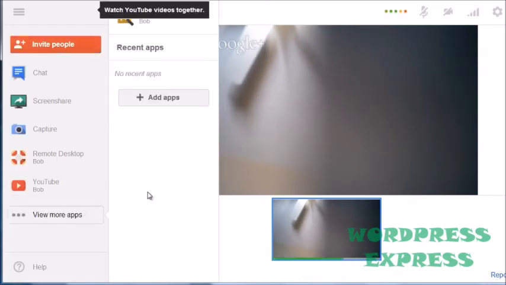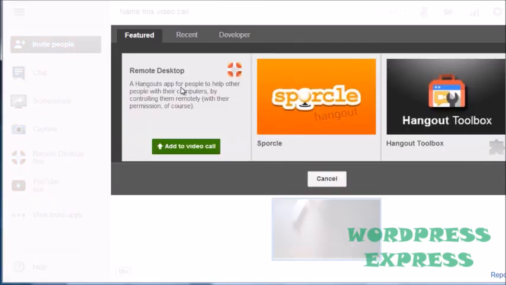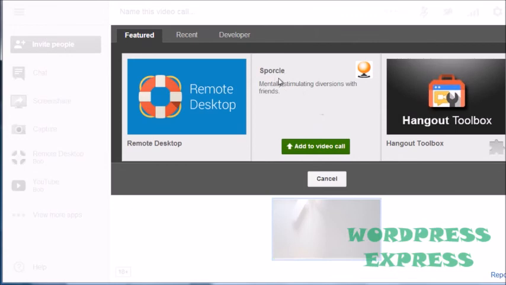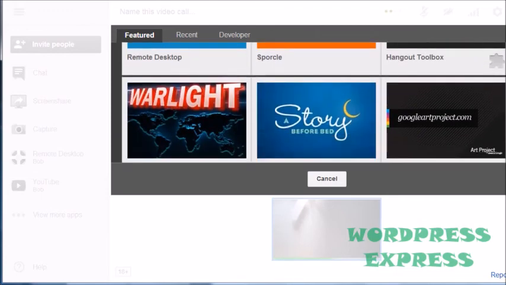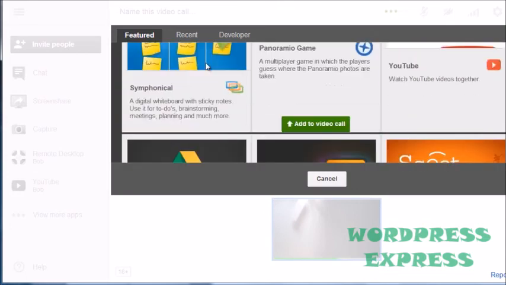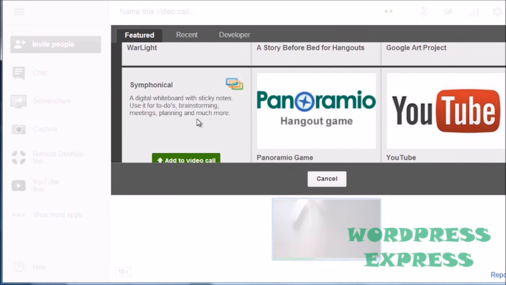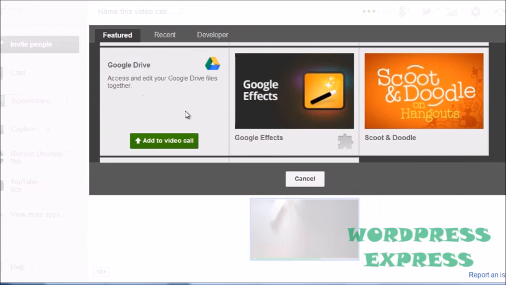So if you look at apps, there are a lot more apps here. We've got remote desktop, Sporkle, which is mentally stimulating diversions with friends. It's kind of like a fun thing. You got Hangout Toolbox, and if we scroll down, we've got games. You can read stories to your children, even if you're not at home. Got art projects, you've got productivity projects for meetings, Hangout games, YouTube videos, Google Drive, which allows you to access and edit your Google Docs,